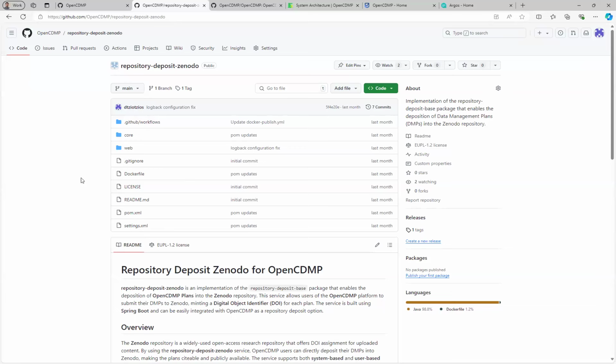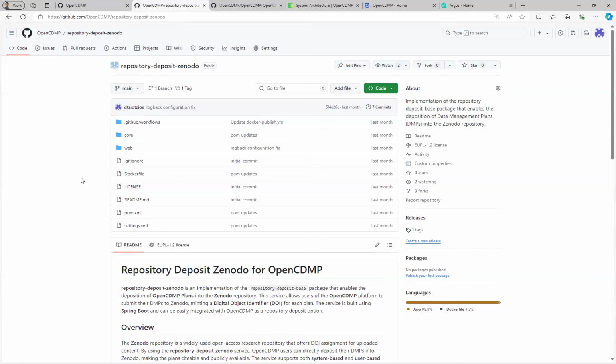So if we need to integrate a new repository to Argos, then someone needs to talk with the administration team of Argos and give the specific details of the repository that needs to be integrated, and then we will discover options if something is not supported, because all of these software have a long history and multiple versions, and when organizations have a deployed instance of that software, we've seen that they are stuck with a previous or an old version, so some of them might not be supported.